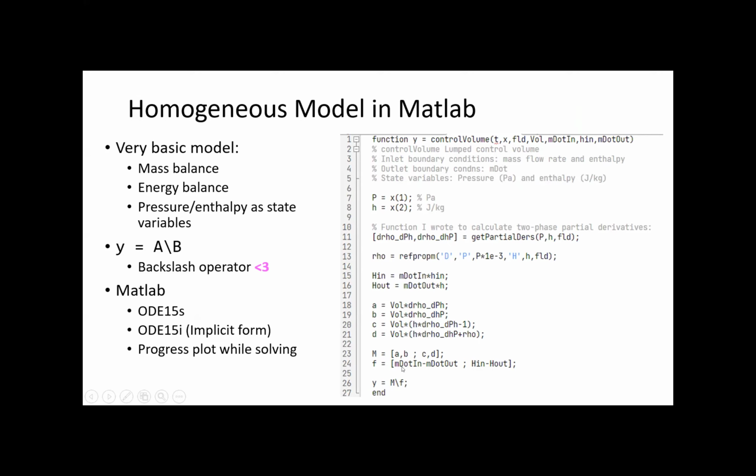So for the mass balance, the boundary is that the flow rate coming in minus the flow rate going out leads to a change in density inside the volume. And same with the energy going in and the energy going out, plus the change of energy inside. All of this is conserved because of the second law of thermodynamics, or the first law of thermodynamics rather. And so this was the implementation in Matlab. We could solve it with the ODE15S or 15I, both of which are variable step solvers for differential algebraic